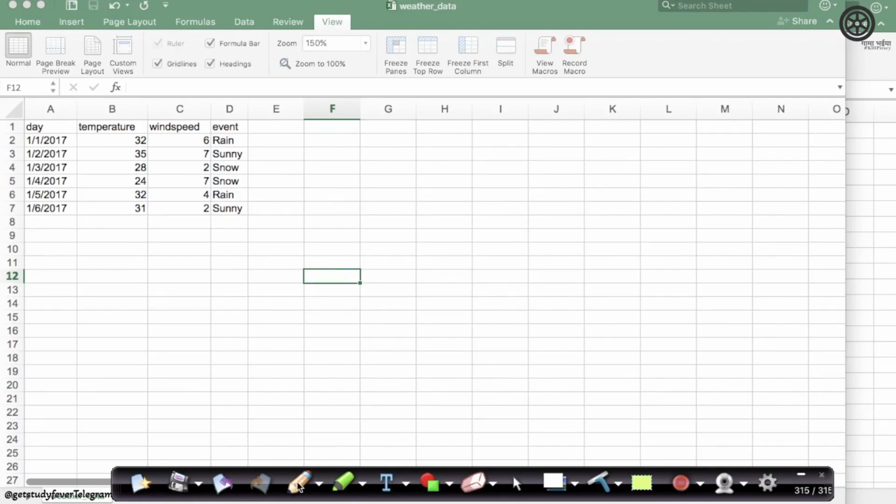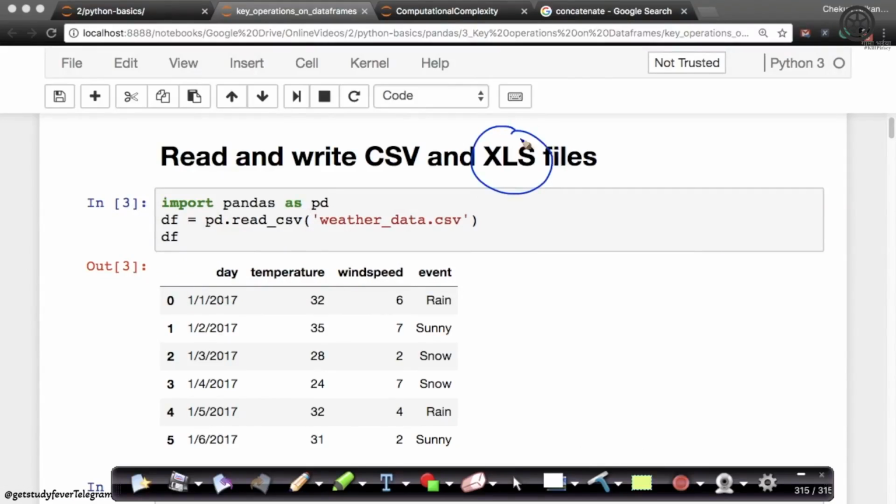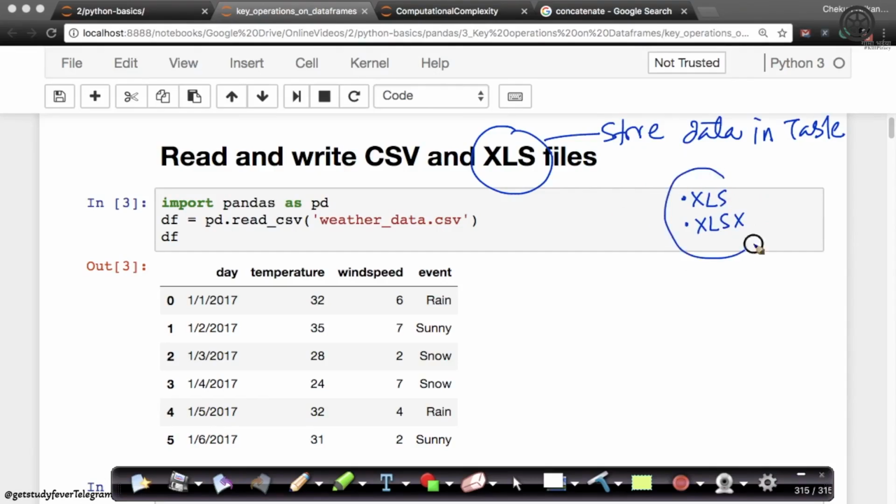This comes as part of your MS Office package. So Excel files are oftentimes used to store data in tables, and they typically have .xls or .xlsx extensions.